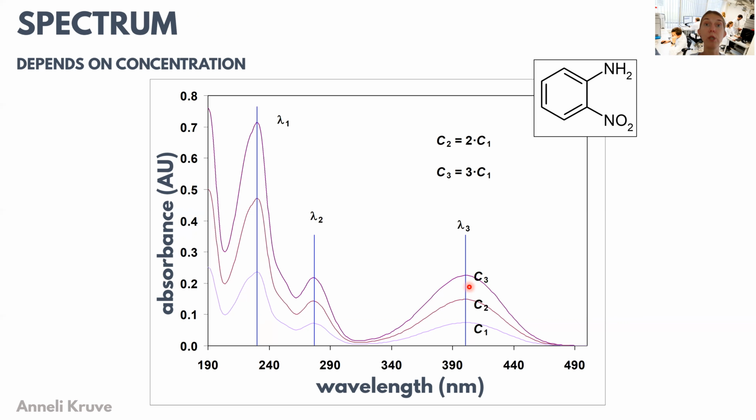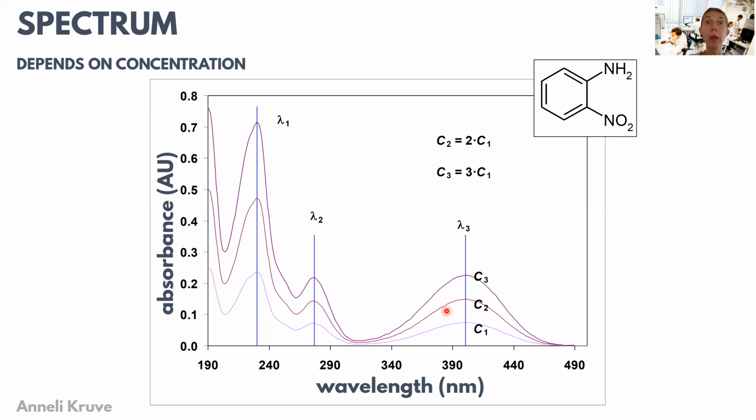What we can also see from here is that all of the absorption spectra have very wide absorption maxima. So usually the maxima is multiple tens of nanometers wide. So the absorption maxima are really wide in case of molecular absorption. And this comes from the fact that when our molecules are